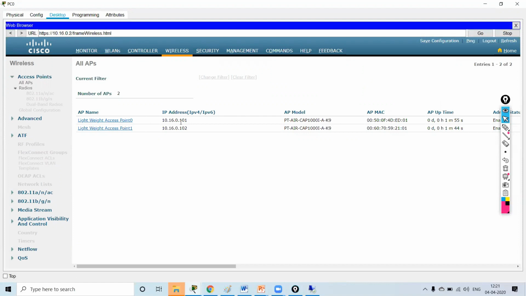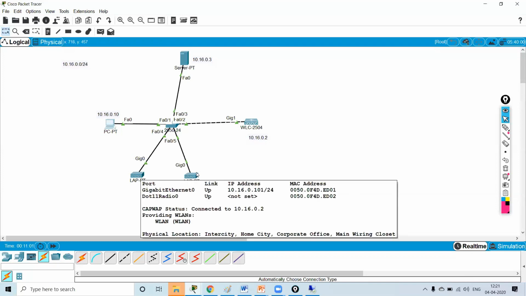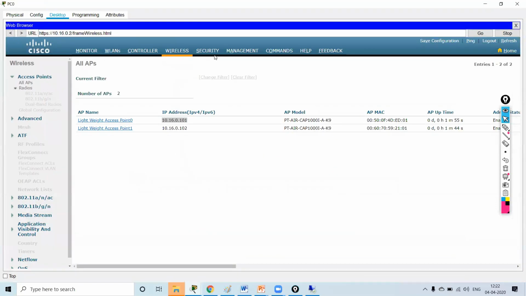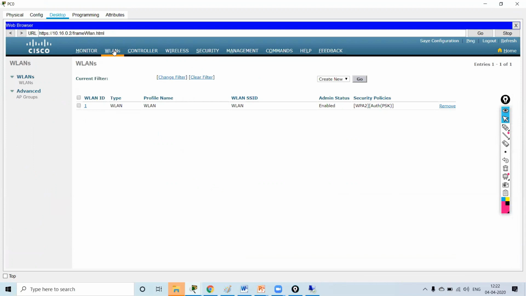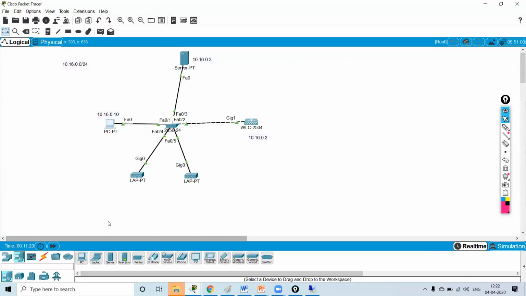I have two access points, and they got the IP addresses 10.16.0.101 and 10.16.0.102. Under Security, I don't have to do anything in this example because I only have one wireless network, configured with WPA2 authentication using a pre-shared key.